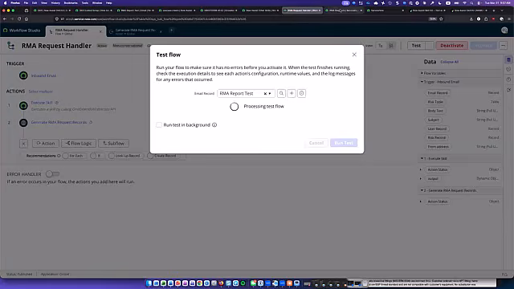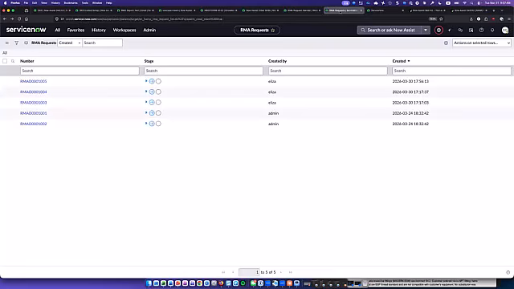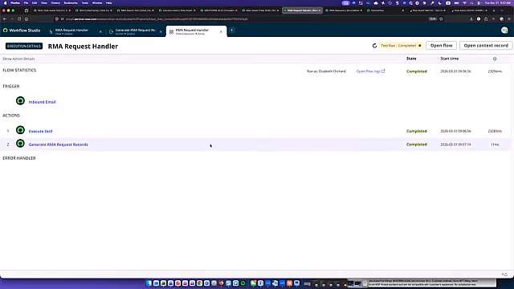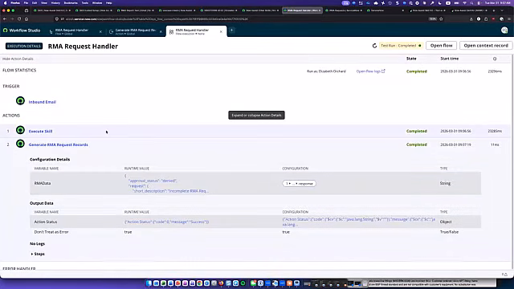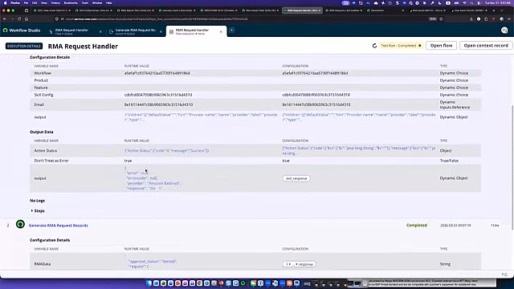And it's processing. And we can perhaps have a sneak preview at the record table to see if it's created a new one yet. Okay, we're all happy. So looking at the execution flow, we can see